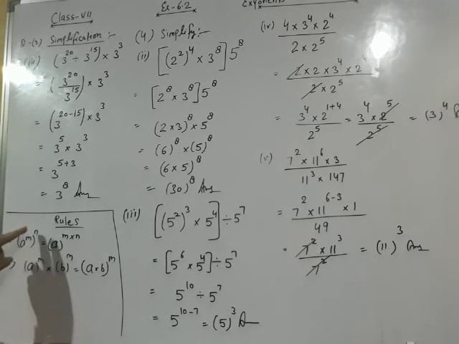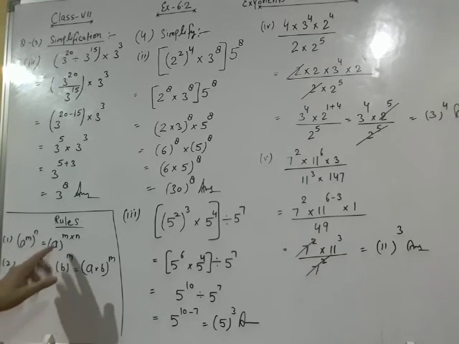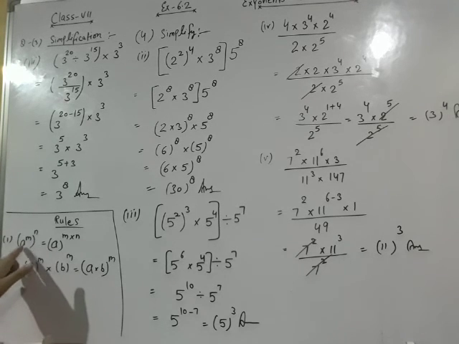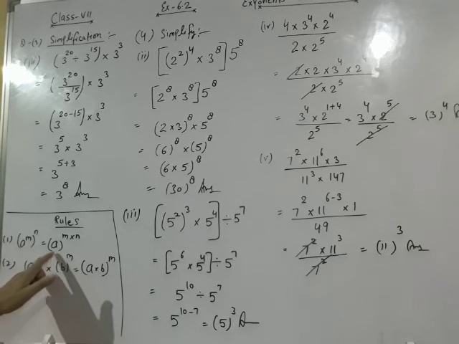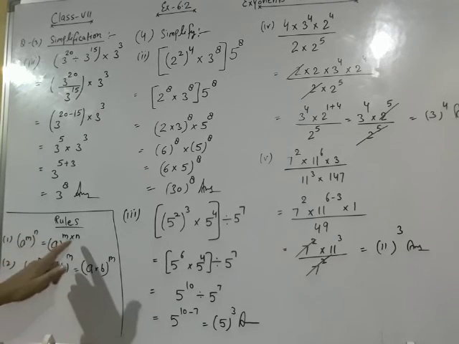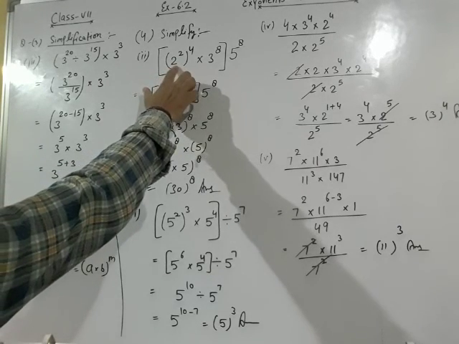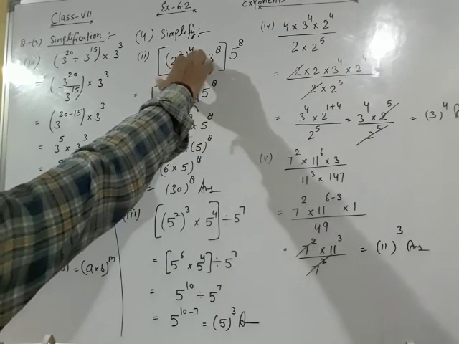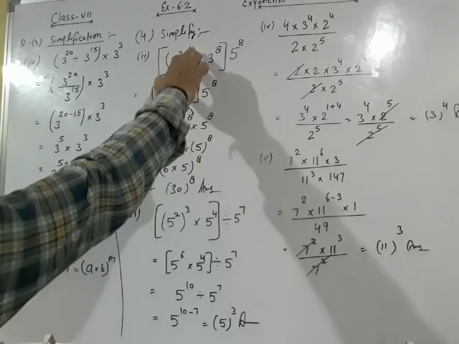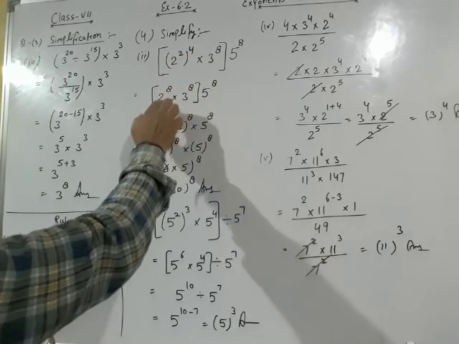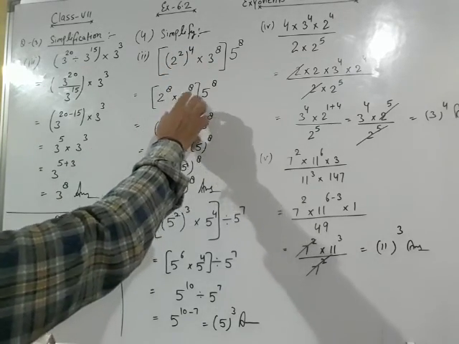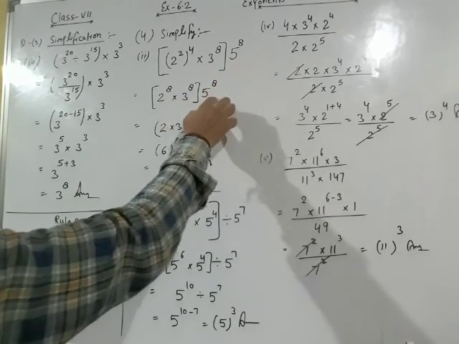Whenever we have two powers of the same base, I am repeating, whenever we have two powers of the same base, then we will multiply their powers and the base will remain same. So the base a will be base a, and the powers will be multiplied with each other, m into n. Here we are also doing the same. Here the base is 2 and we have two powers on the same base. So powers will be multiplied, 2 into 4, 8. 2 raised to the power 8 multiply 3 raised to the power 8 will remain same into 5 raised to the power 8.